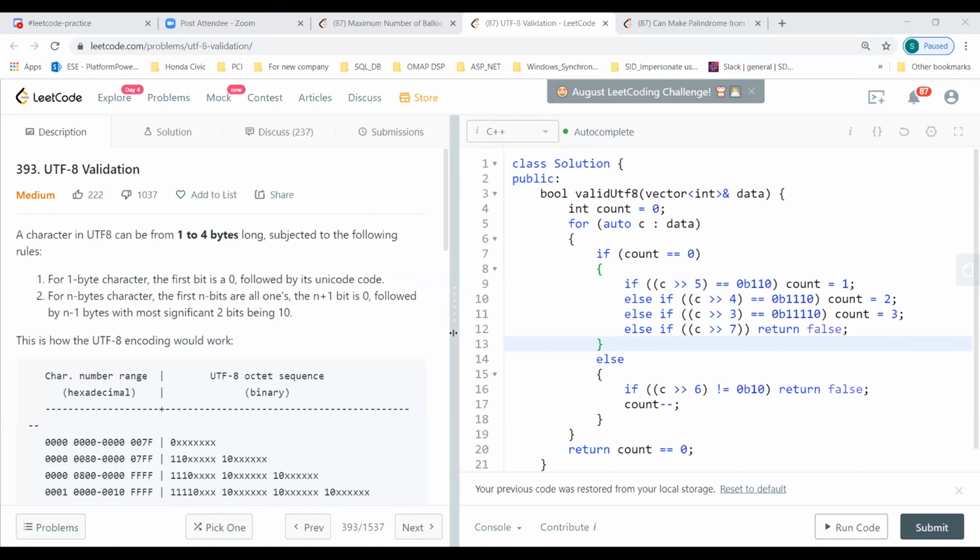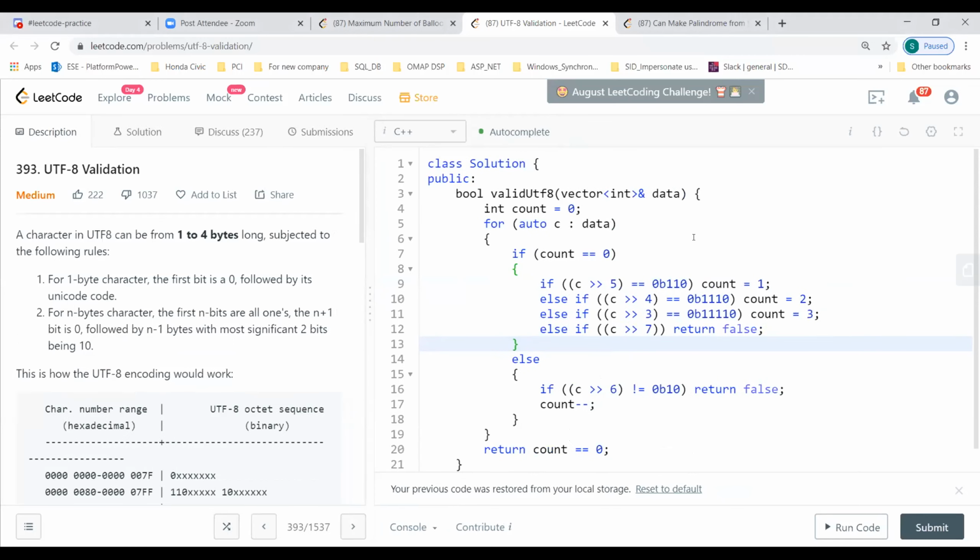Okay, I'll just share the one I copied from this discussion. Here they are getting each and every byte, and this is the variable count, initially 0. Then they find the first 3 bits, 4 bits, whatever, if it is 1, 2, 3 bytes.